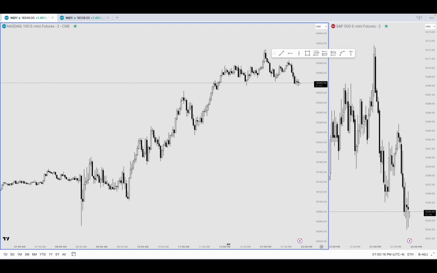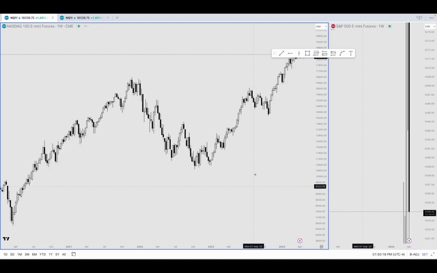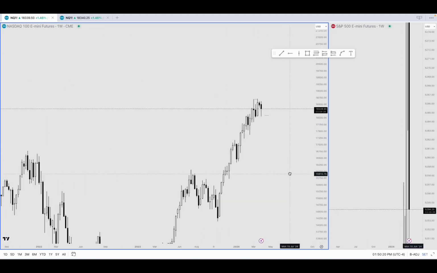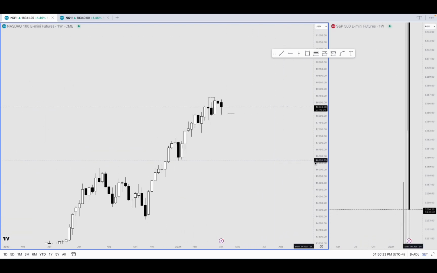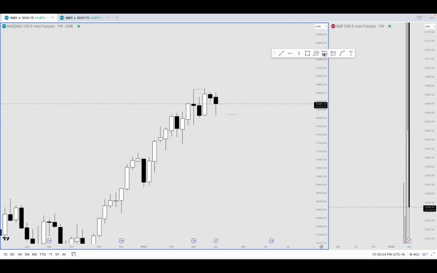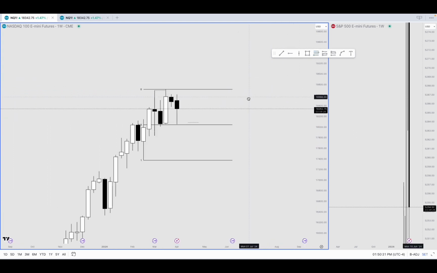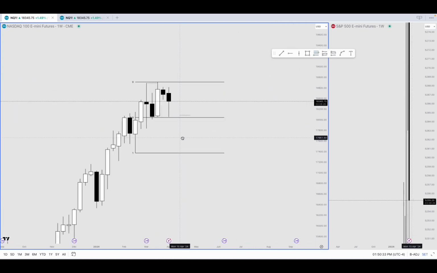I started the day by looking at the weekly. However, I don't normally look at the weekly. I just wanted to go in today with a strong bias, or I wanted to find the draw on liquidity. This is the first thing I saw. I just marked this out, and I wanted to see price come into discount because of these three things. These are the things I asked myself.